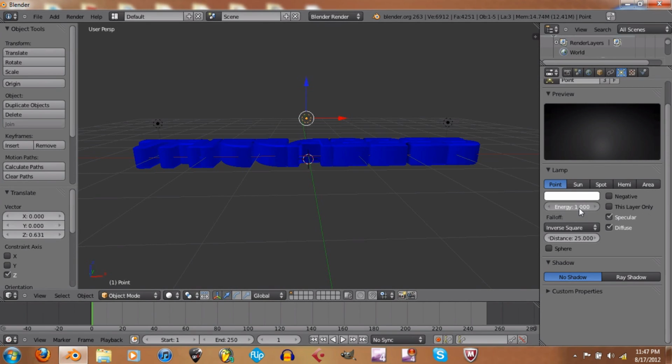So now if you want to lower the energy to 600. Now if you look at this one, 600. Look at this one, 600. Now if you press Shift-D,